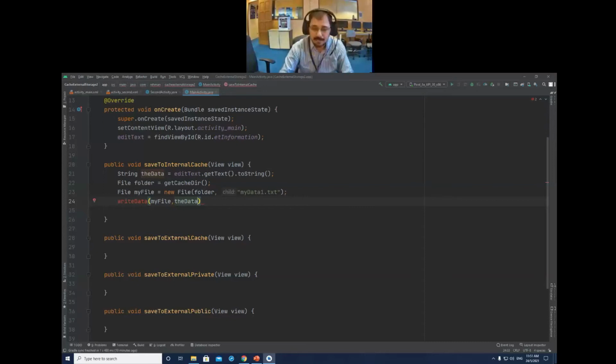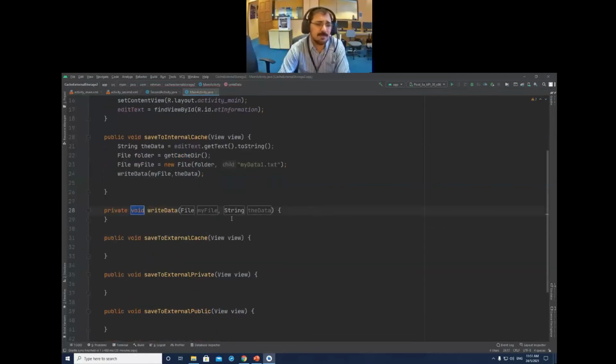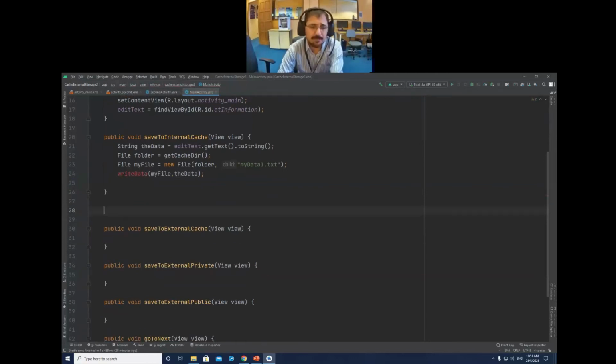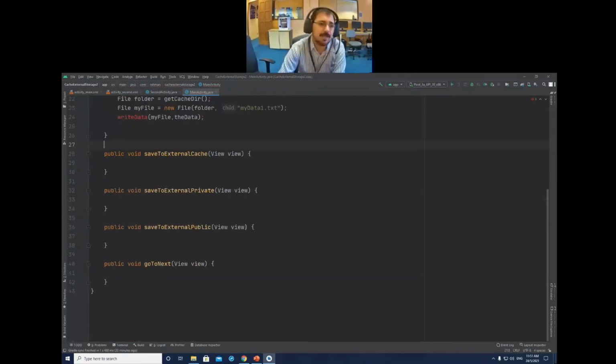Then the function will write this information in that file. Android Studio is telling us that this function is not available. If I click Alt Enter, it will give me the option to create the method in MainActivity. Do you want to create? I said yes, but I want to cut it from here and put it at the end, to be a bit more clear.